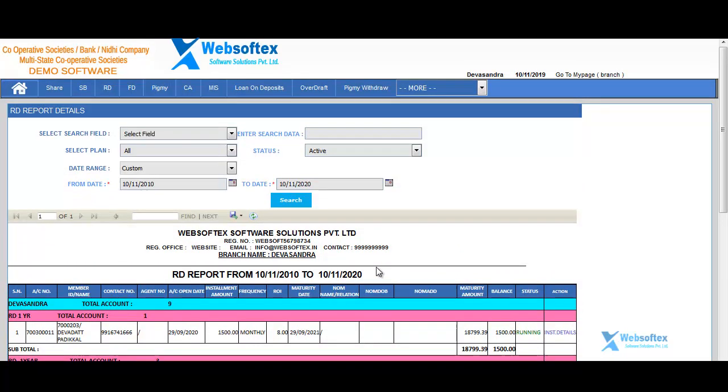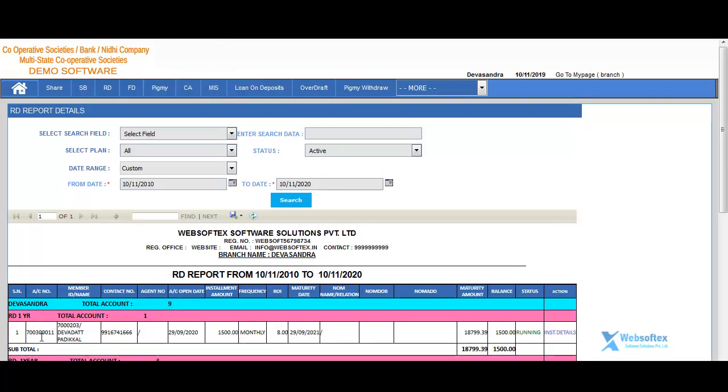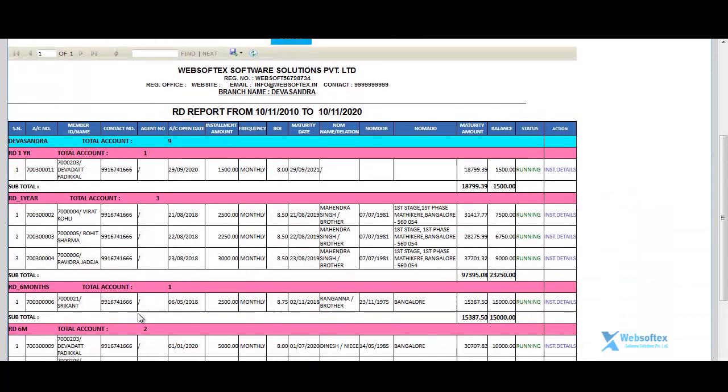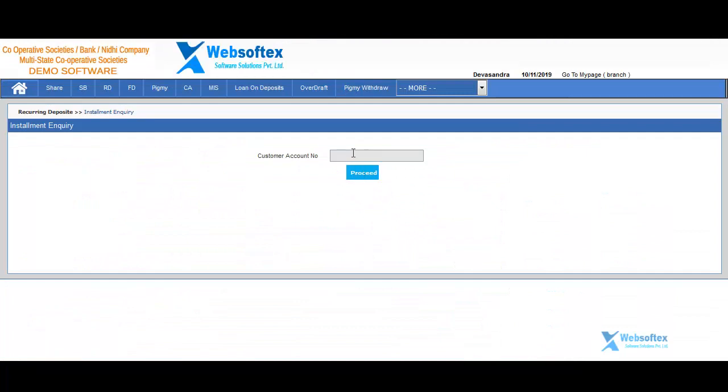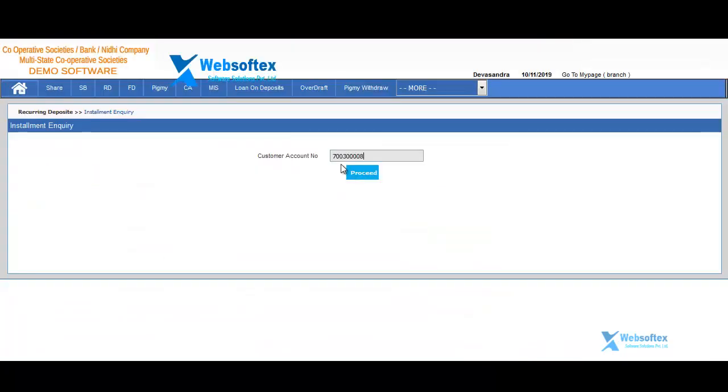After that, if you want to get the installment inquiry for any RD account, then click on installment inquiry. Here, select the RD account for which you want to do the installment inquiry and enter their RD account number. For example, right now I am clicking this one and entering the installment details.